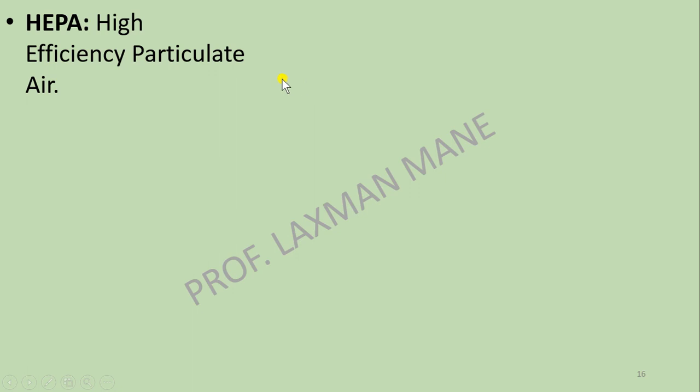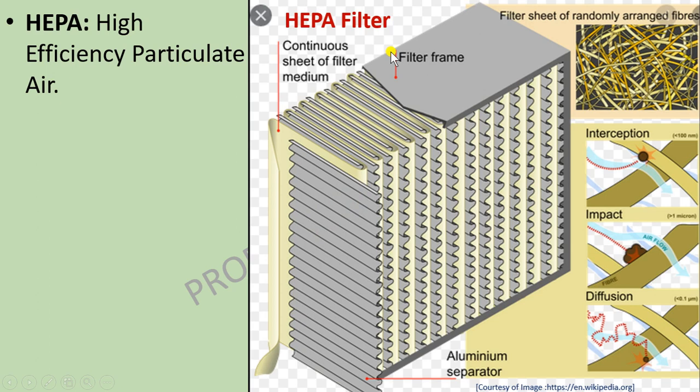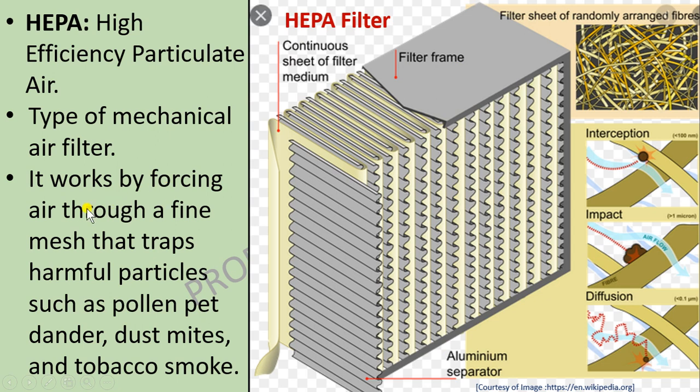HEPA. Full form of HEPA is High Efficiency Particulate Air. HEPA filter consists of filter sheets of randomly arranged fiber. These are arranged and separated by using aluminum separators. All these sheets are fixed in a filter frame. HEPA filter is a type of mechanical air filter. It works by forcing air through a fine mesh that traps harmful particles such as pollen, pet dander, dust mites